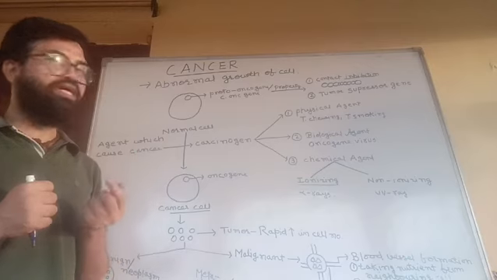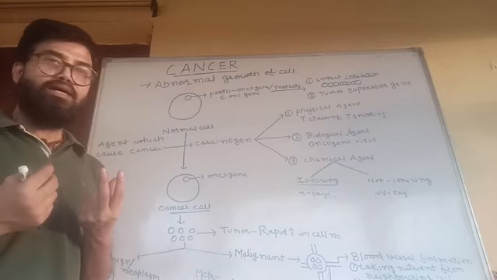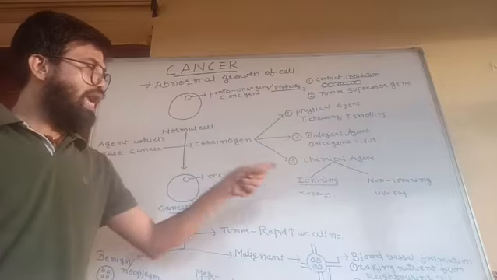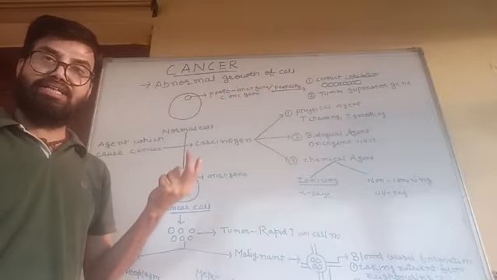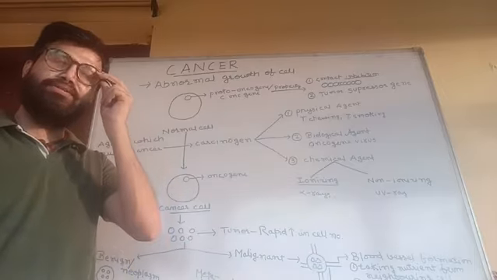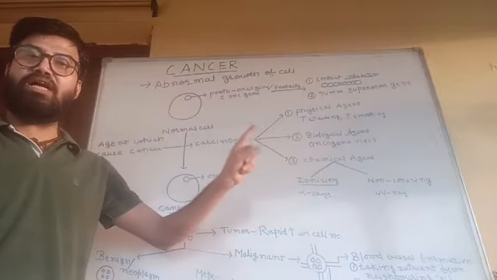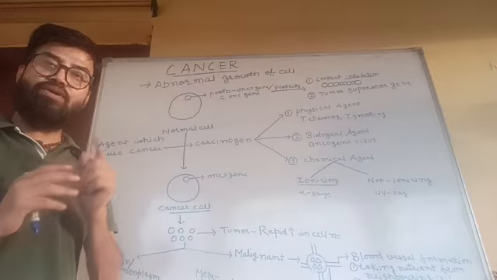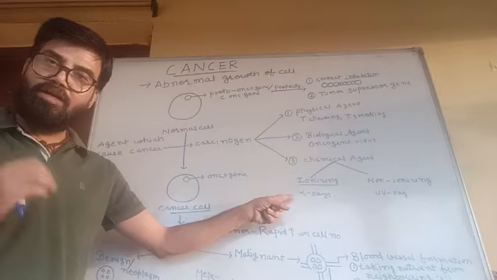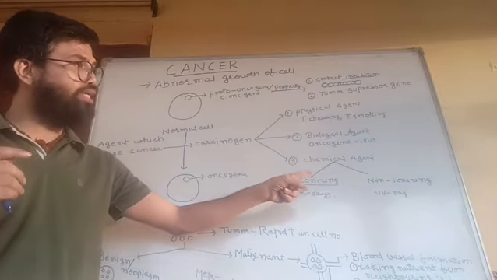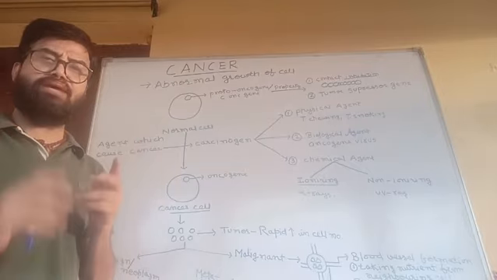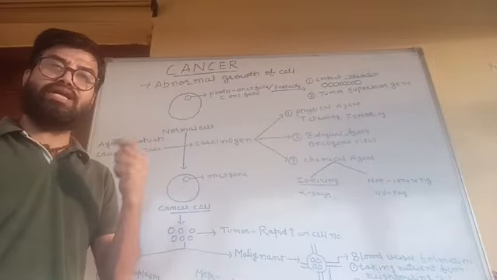And the third one, my dear students, is the chemical agent. Chemical agents come in two categories. If your body is exposed to ionizing radiation, that is X-ray, then it will cause cancer. If your body is exposed to non-ionizing radiation, then also it can cause cancer. Ultraviolet rays come under this category. And one more important thing: ionizing radiation requires more energy, non-ionizing radiation requires less energy, so non-ionizing radiation is basically safe. Okay, when we move further, I will talk regarding this cancer.